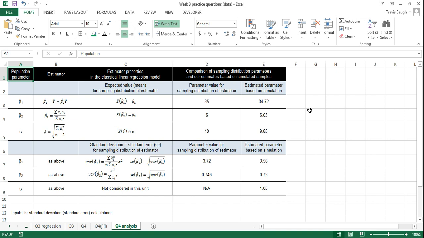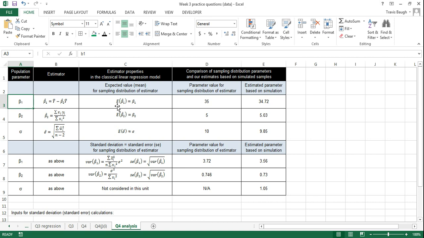I am just going to ignore the minimum and maximum values and focus on the more important estimates here, which are the mean value of each parameter estimate and the standard deviations of our parameter estimates for, and we're going to look at each of the parameters, B1, B2, and standard error. So in the first row we were producing estimates for B1. We were producing those using this least squares formula, and